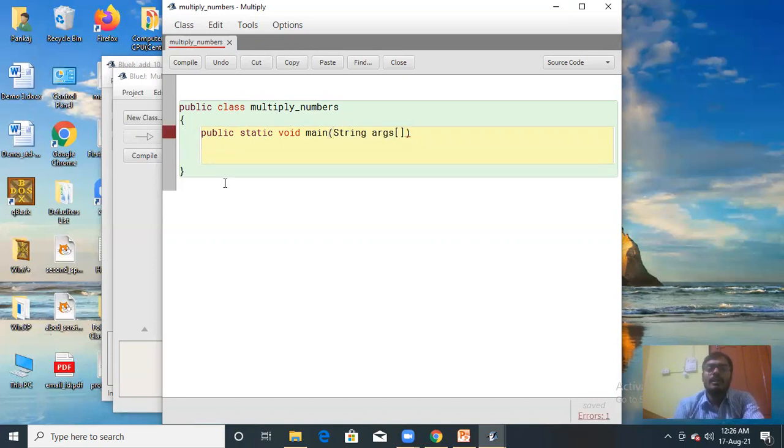Now, you know, in your Java program, each and every word here is a keyword. Public is a keyword, class is a keyword, and this is the class name. Again, static is a keyword, public is a keyword, void is a keyword, main is a keyword. So these all are keywords in Java, and each and every keyword of Java has some special meaning to the compiler. You will study later what their meanings are.